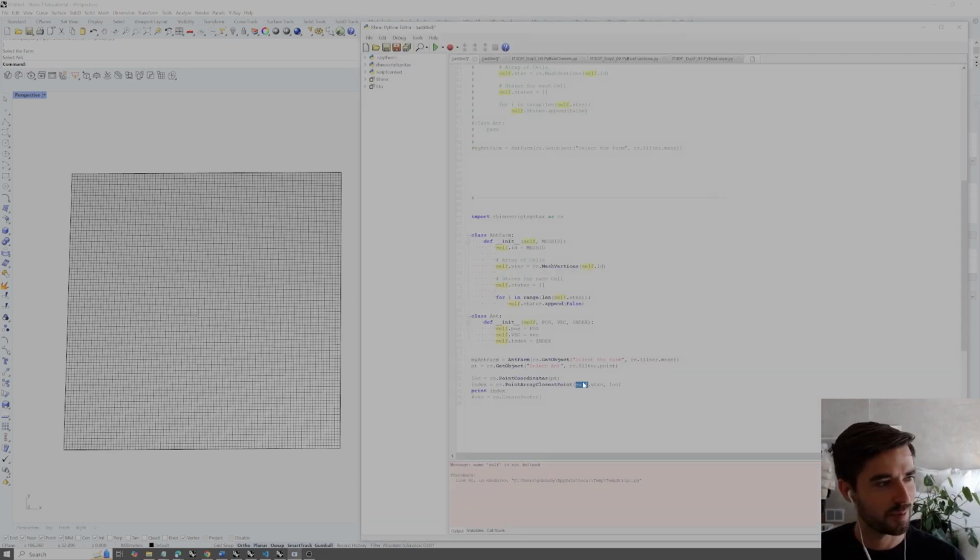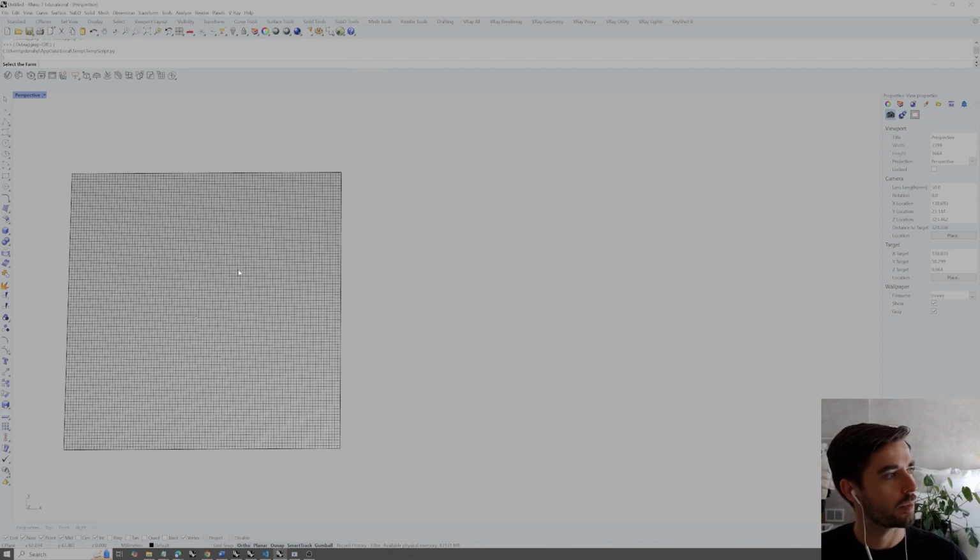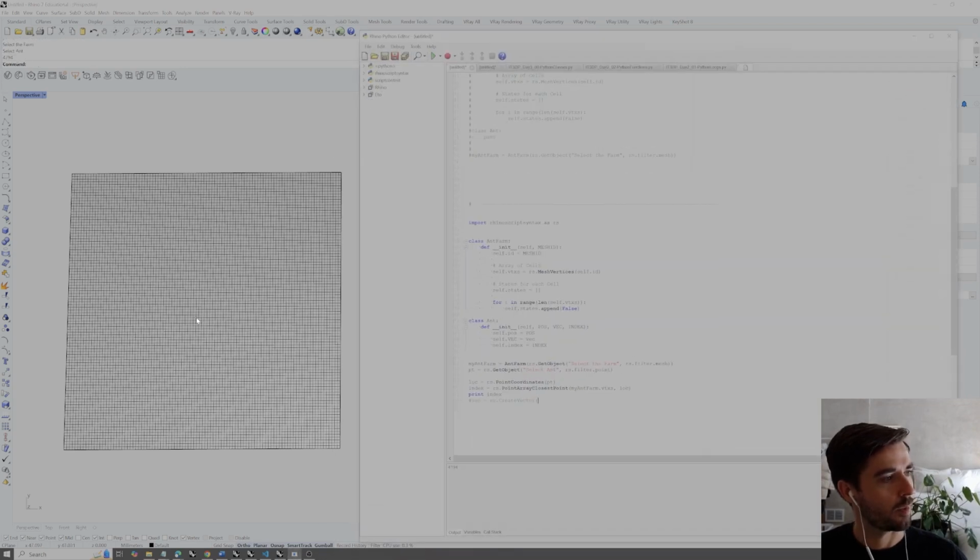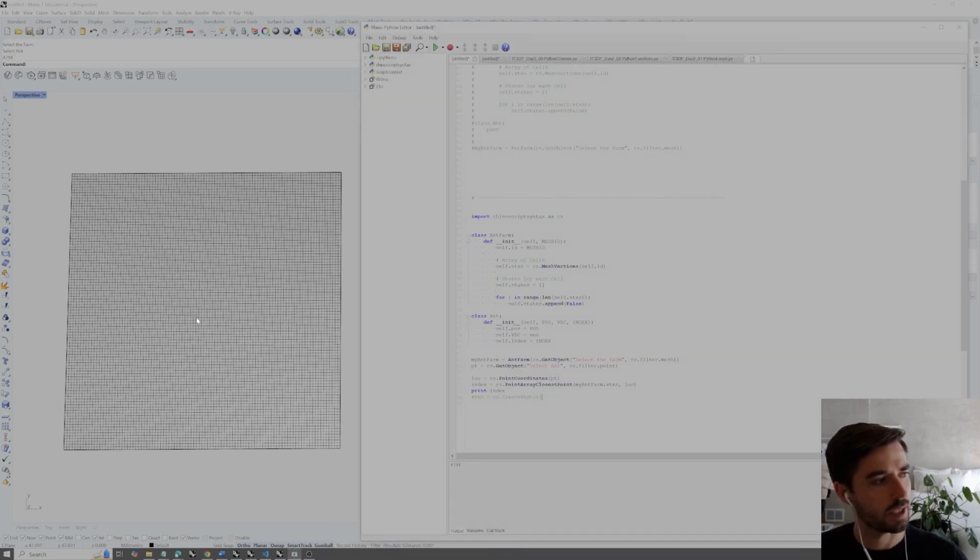We already have an issue because we've accidentally referred to self outside of the class. So it's not self, it's actually this particular instance of the ant farm. So my ant farm equals ant farm, that's a particular instance. We're referring to the one that we've selected, which is my ant farm, that's what we've named it, and we want that ant farm's vertices. So we need to call it my ant farm. We can't call it self outside. Now if I hit play, select the ant farm and then the ant, we get an index value of